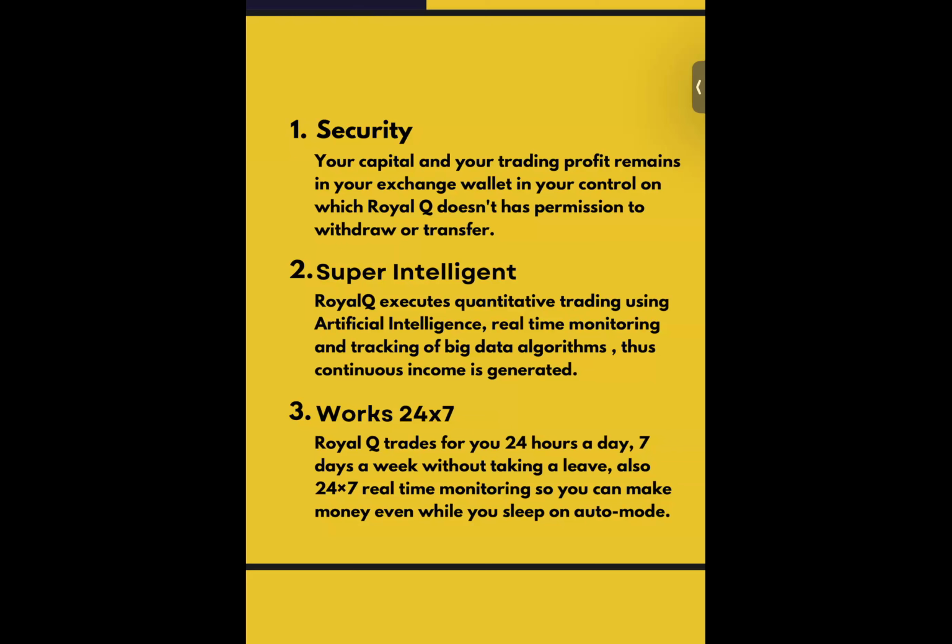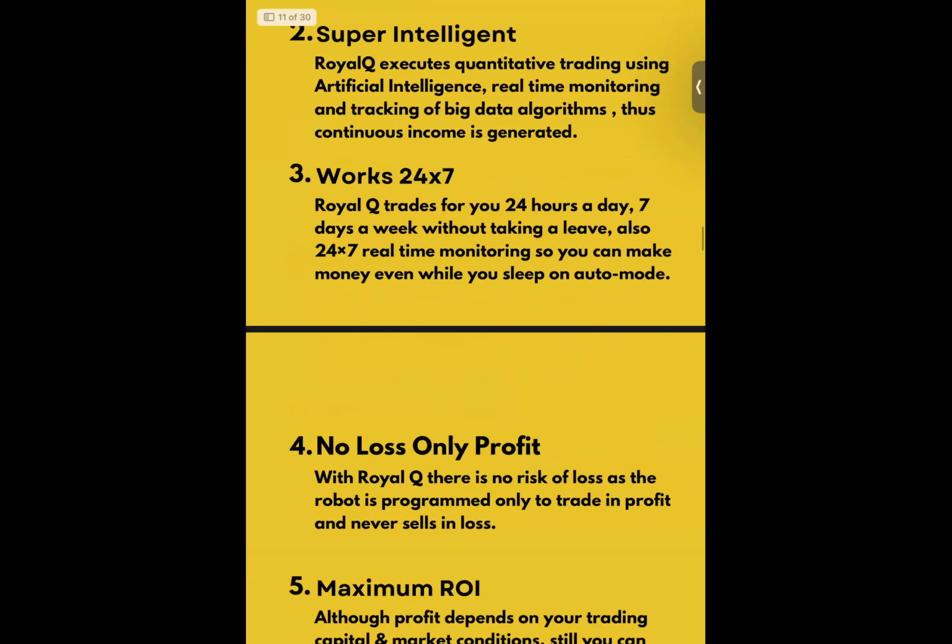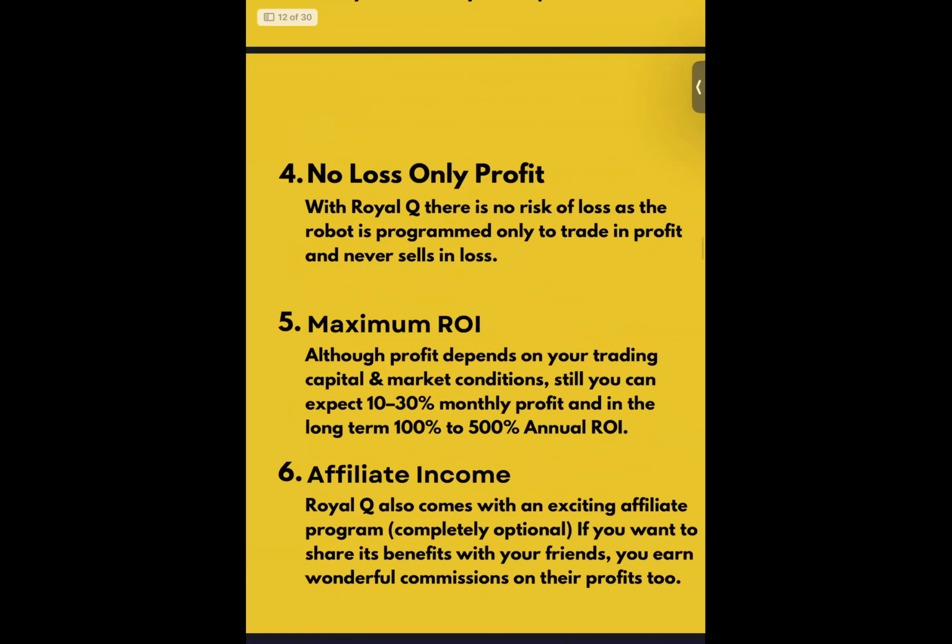All right. So I hope you guys got this point very clear. Now let's look at the fourth point. No loss, only profit. With Royal Q, there is no risk of loss as the robot is programmed only to trade in profit and never sells in loss. Maximum return on investment. Although the profit depends on your trading capital and market conditions, still you can expect between 10 to 30% monthly profit and in a long term 100 to 500% annual return on investment,